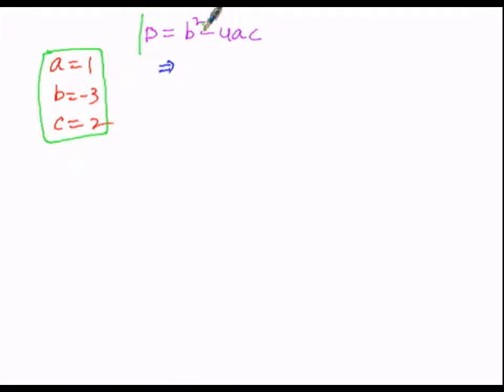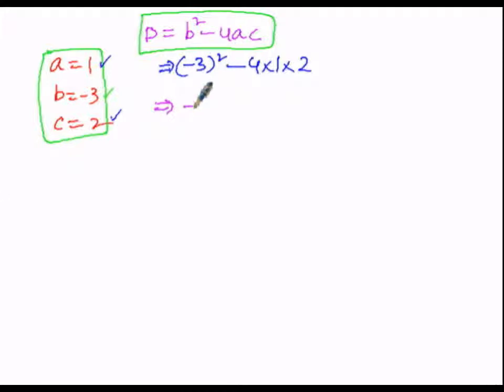That implies b square, that is b is minus 3, so we substitute it as minus 3, but it must be squared because it is b square, minus 4 into a of 1 into c value of 2. That implies minus 3 whole square, and minus must be multiplied twice. So minus into minus is plus, 3 square, 3 into 3 is 9, minus 4 ones are 4, 4 into 2 is 8. By further simplification, plus into minus is minus, so let us subtract the greater minus the least, 9 minus 8 is 1. To assess the sign of 1, we see the greater among 9 and 8; 9 is greater than 8, and its sign is positive, so it is positive.